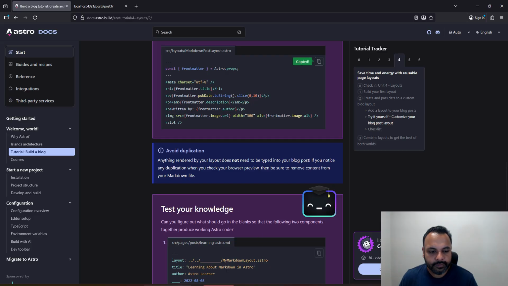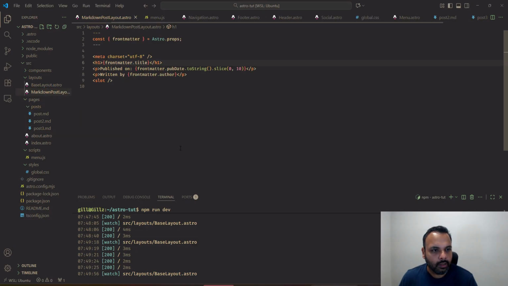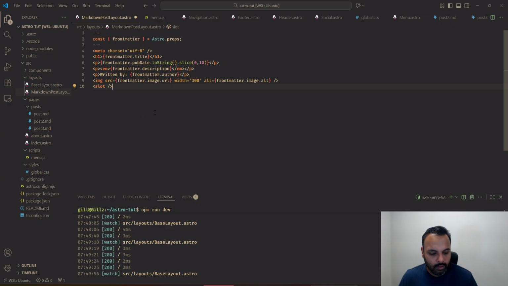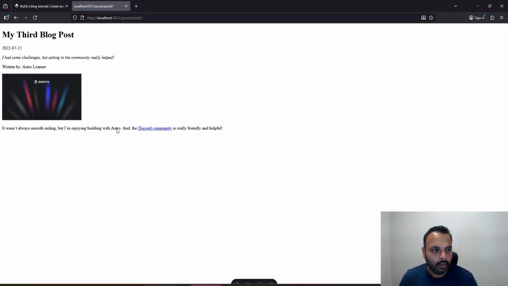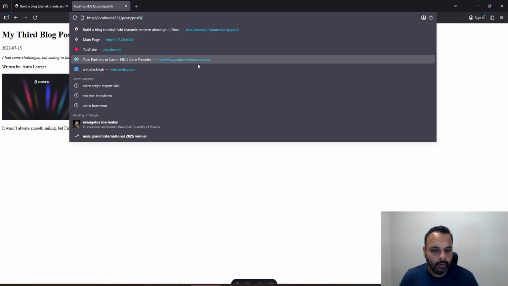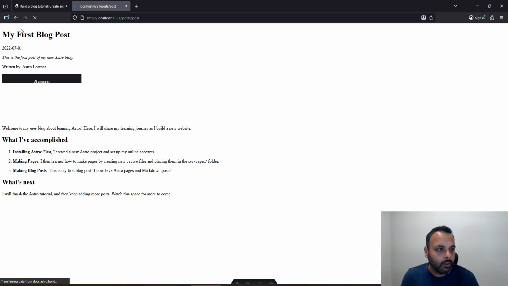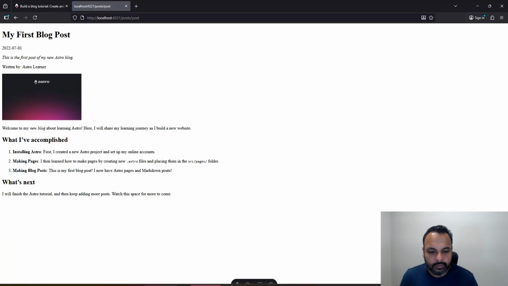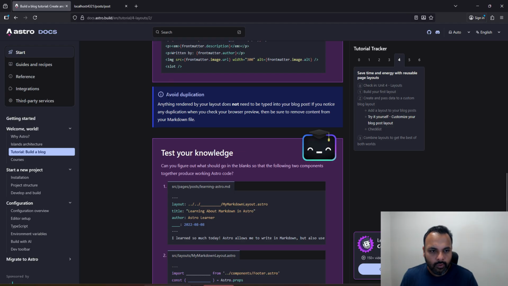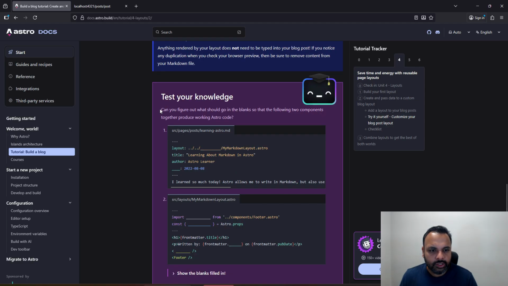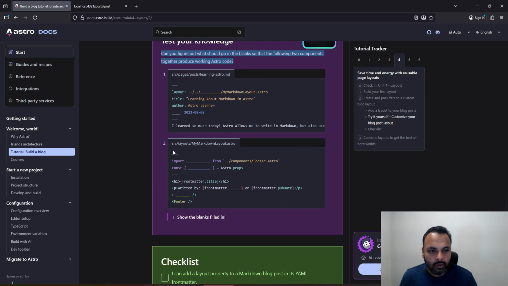Let's just copy that. Let's look at our main post. Yep, excellent. Avoid duplication. Anything rendered by your layout does not need to be typed into your blog post. Yep, makes sense. Test your knowledge. Can you figure out what should go in the blanks so that the following two components together produce working Astro code? Okay,